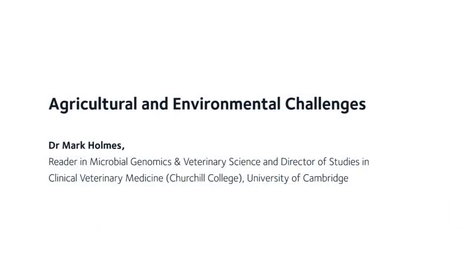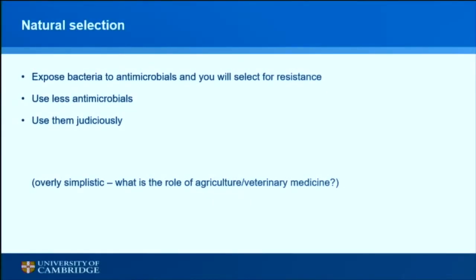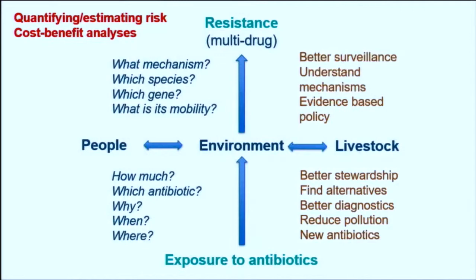The theme of this is mechanisms of antibiotic resistance and what you do about it. It's fairly simple to say that you can explain most things through evolution, and if you expose bacteria to antimicrobials, you will select for the resistant ones. If you want to do something about it, reduce the selection pressure, or at least use less antimicrobials and use them judiciously. Of course, that is ridiculously oversimplistic, and I think that is half the problem with how we look